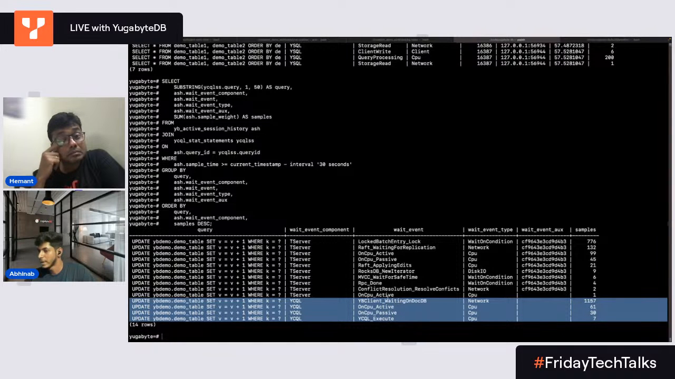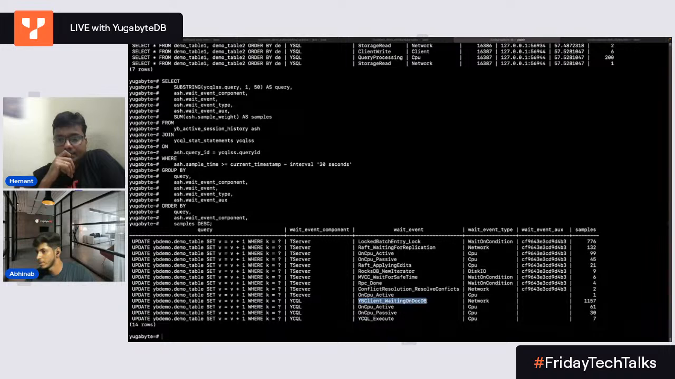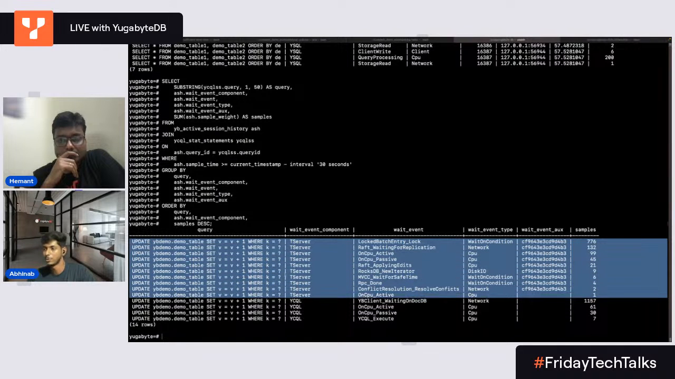This wait event means that the YSQL layer has sent the request to T-Server, to DocDB, and it's waiting for some response back. To get visibility into what's happening when we are in this state, we need to look at the T-Server wait events. If I highlight the T-Server wait events, the first thing we'll probably notice is that